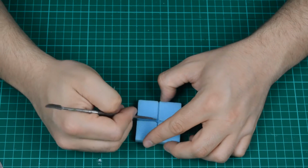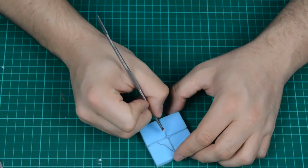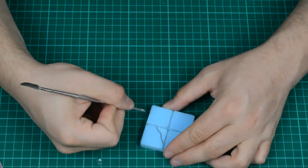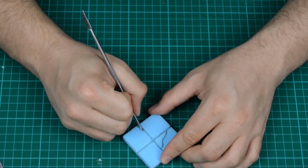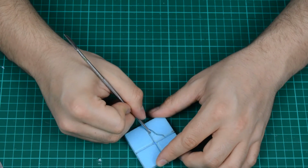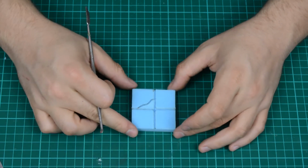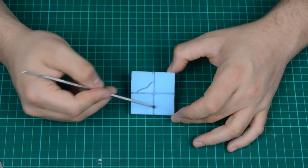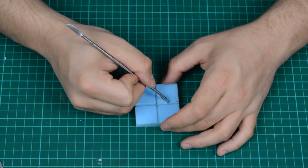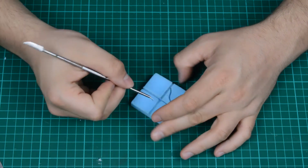And then I also like to come along the edge, push the edge in so it's not quite so sharp, like so, along all the edges, like so. You may not be able to pick this up on the camera, but in real life what this does is it makes the flagstones look a little more rough and ready and a little less machined, which is really good if you're going for a fantasy look. And whilst I'm doing that, I'm also just going to widen that gap a bit